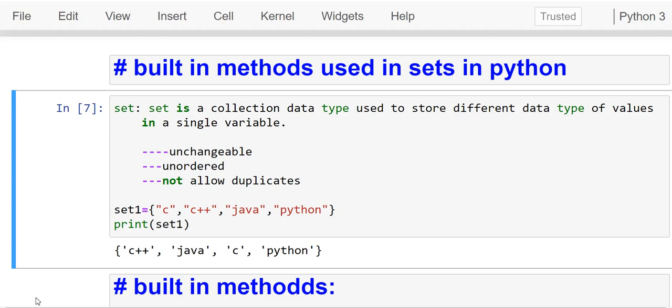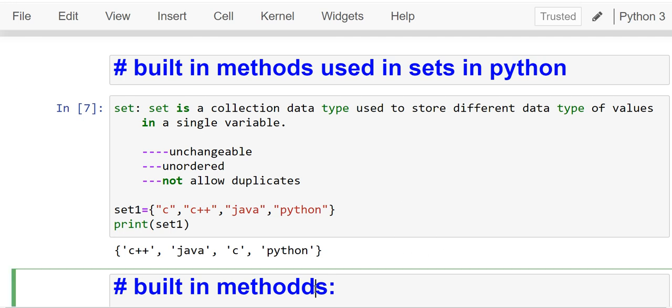In this video we are going to discuss the built-in methods used in sets in Python programming. What are all the built-in methods supported by Python for sets? We will discuss them with real-life examples. So don't skip my video, watch till the end so that you get a clear idea on sets and their built-in methods. After that, you can write programs in your own way using the built-in methods of sets based on your requirement. We will discuss them one by one clearly.